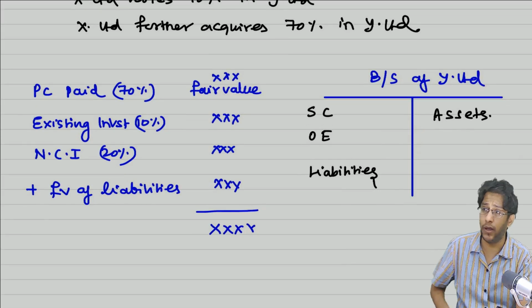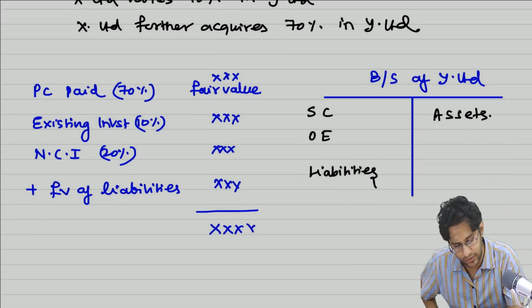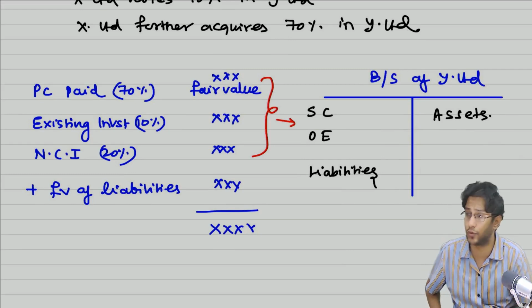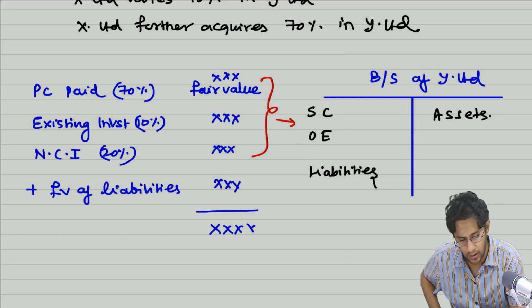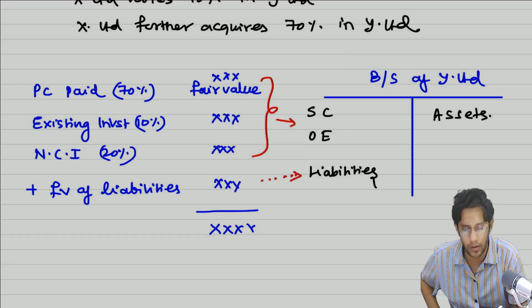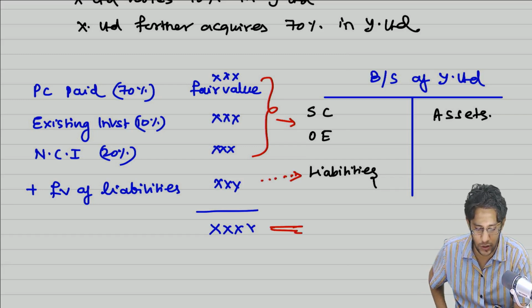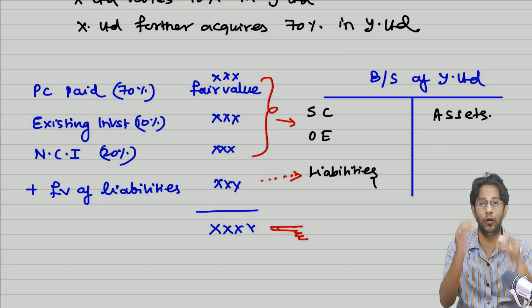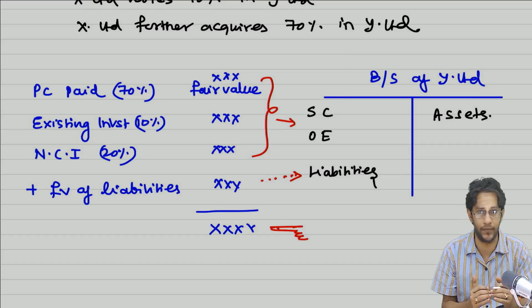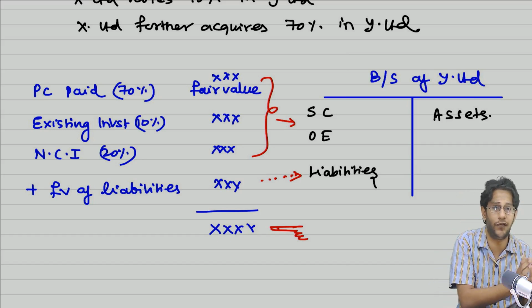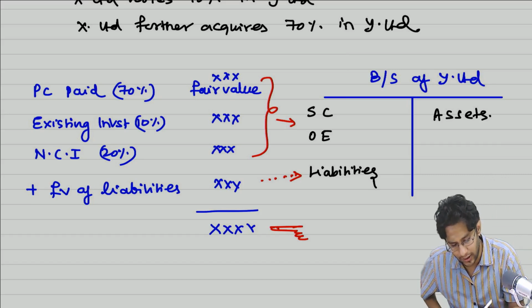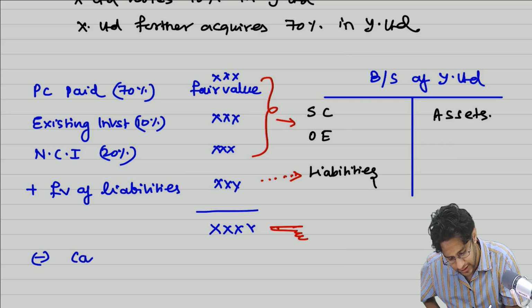So guys, by doing this calculation, what I am trying to do is, these three put together give the fair value of these two, share capital plus other equity. Liabilities here I am adding. So this entire number, whatever I am having here, is virtually representing the fair value of the entire equity and liability side, which also should be the fair value of the asset side. So what we do is, from this we remove cash and bank balance.